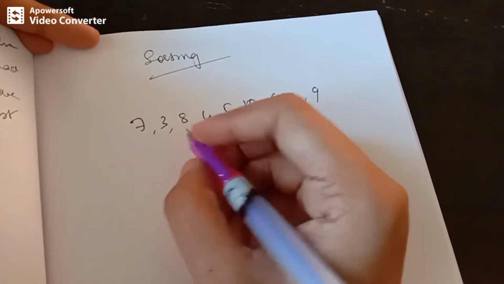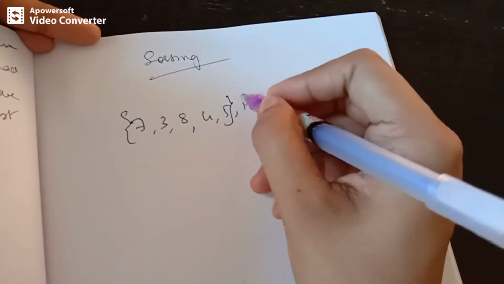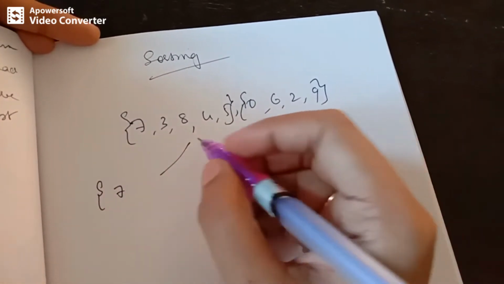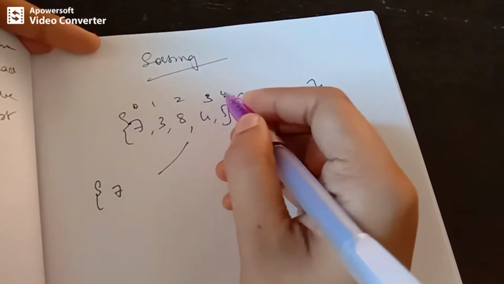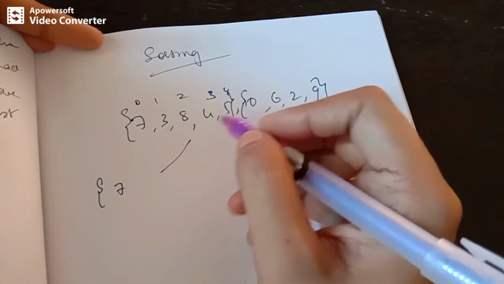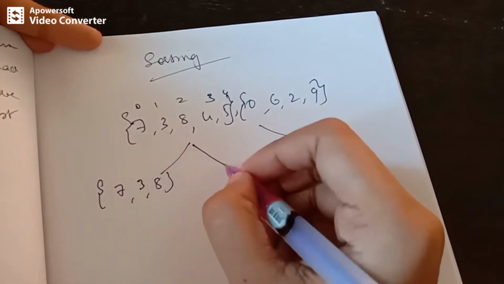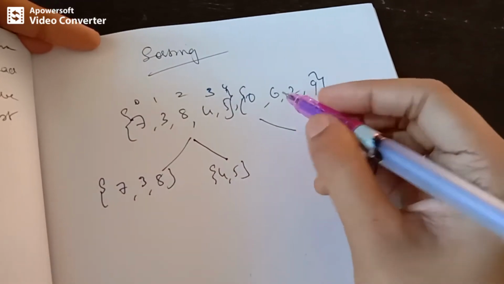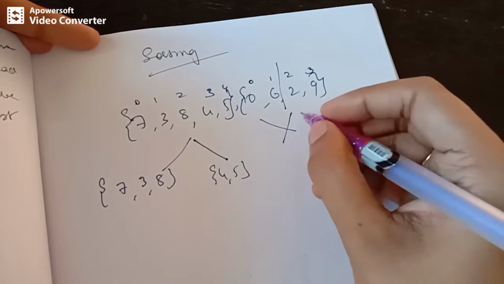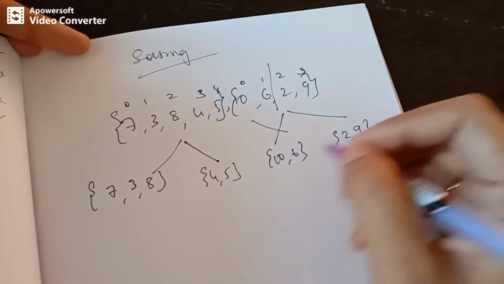So in this list what we are going to do is divide them. Basically I will take these as two lists. Now I am going to divide them recursively. I am writing the indices over here at the top. Exactly the division takes place in the second position. So in the first half of the list you will be having 7, 3, 8. In the next half you will be having 4, 5. Likewise, if I start dividing this, exactly the division happens here in the middle of the list. So 10, 6 will be the first half and 2, 9 will be the second half.